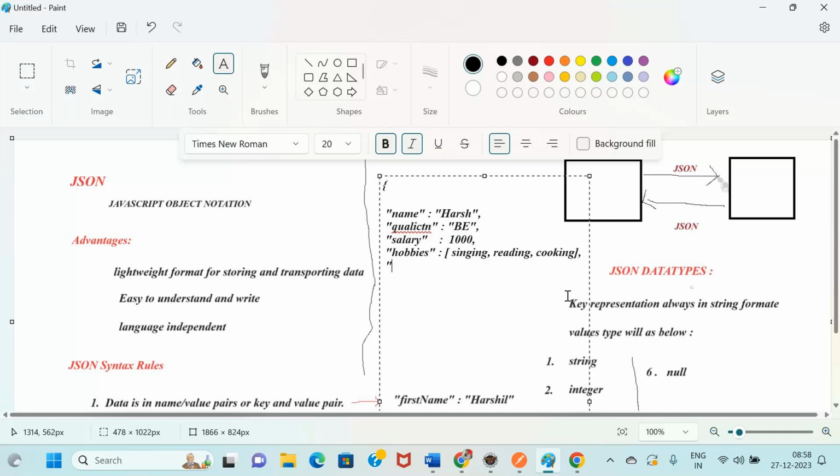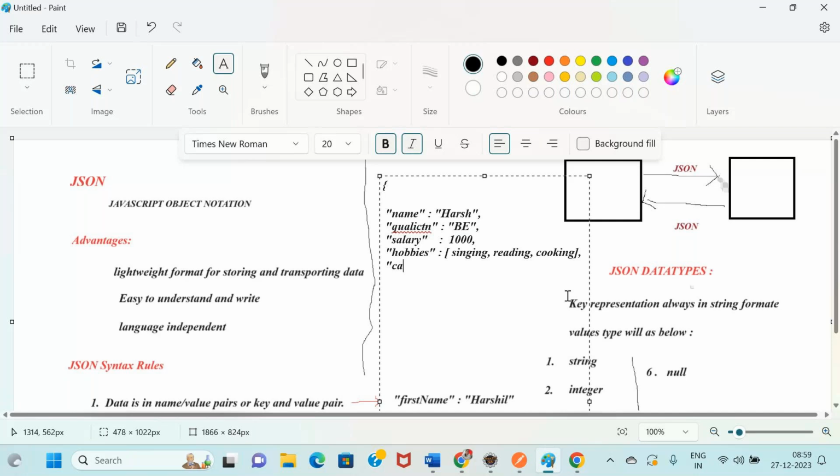One more thing. Does she have a car? Okay, that she has a car.